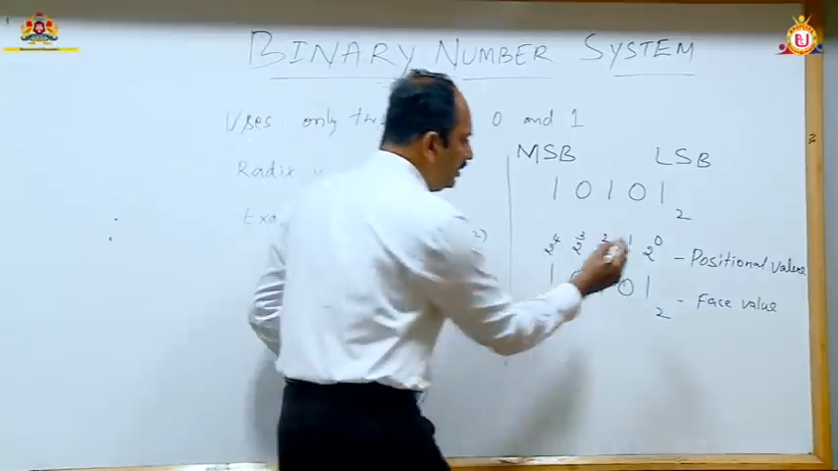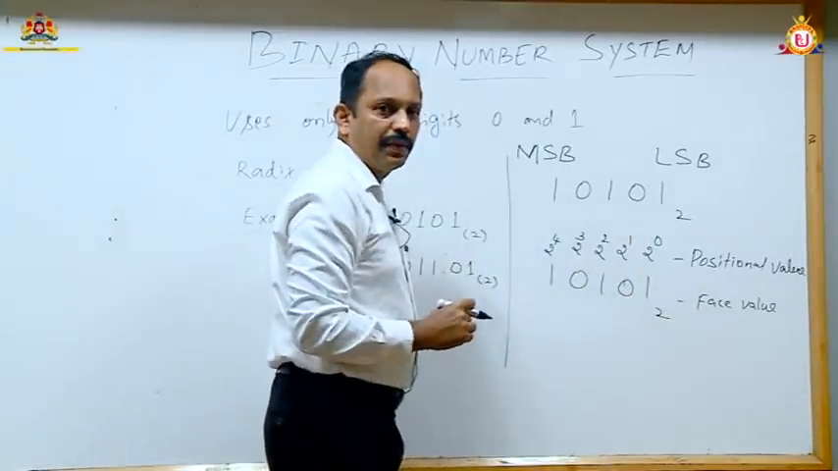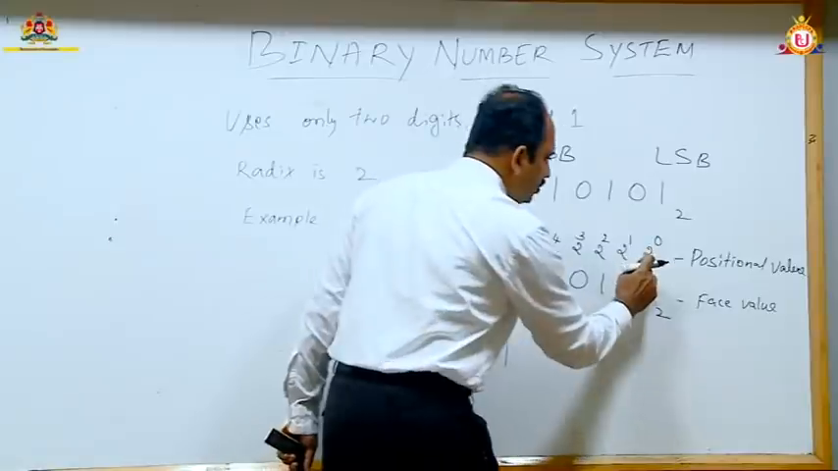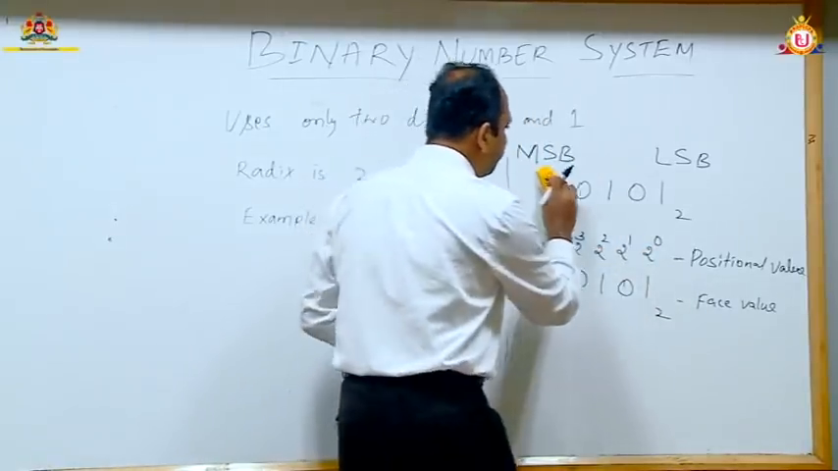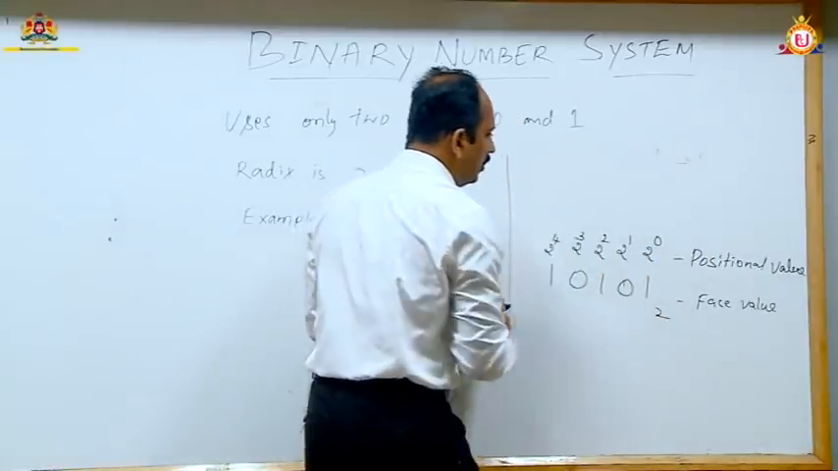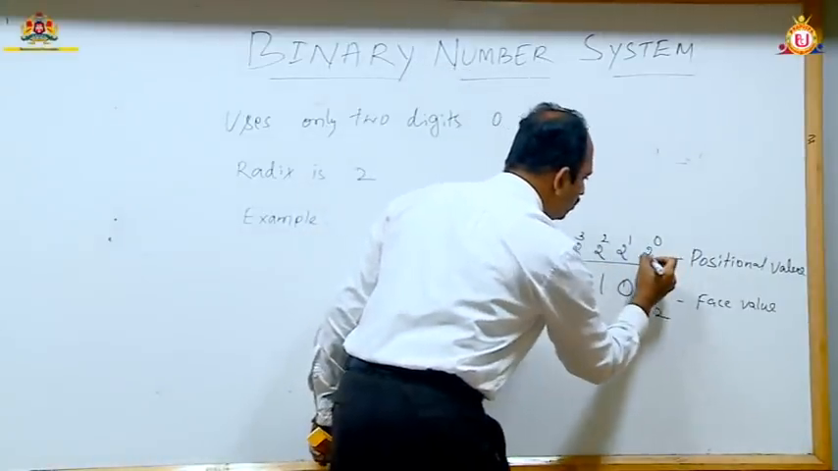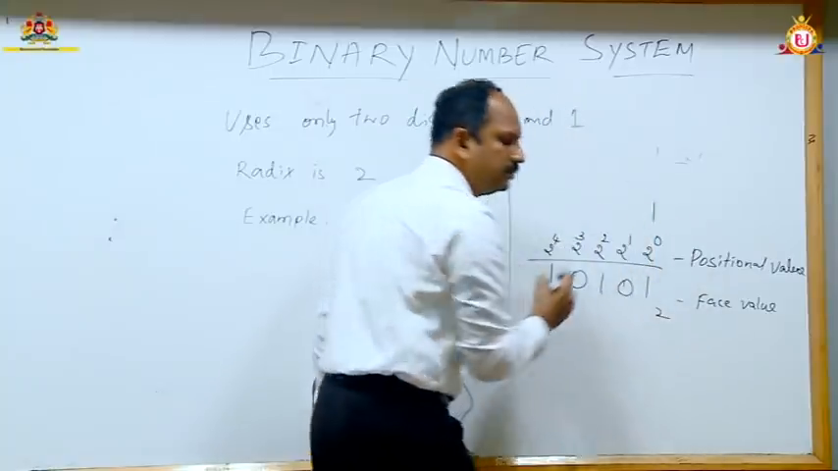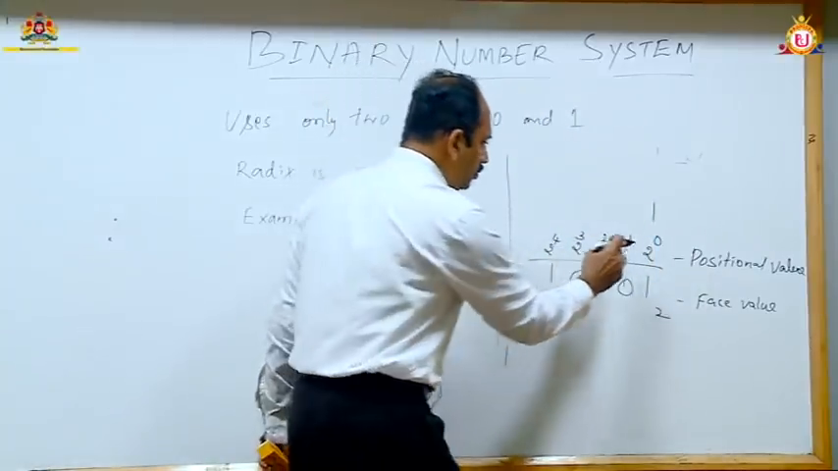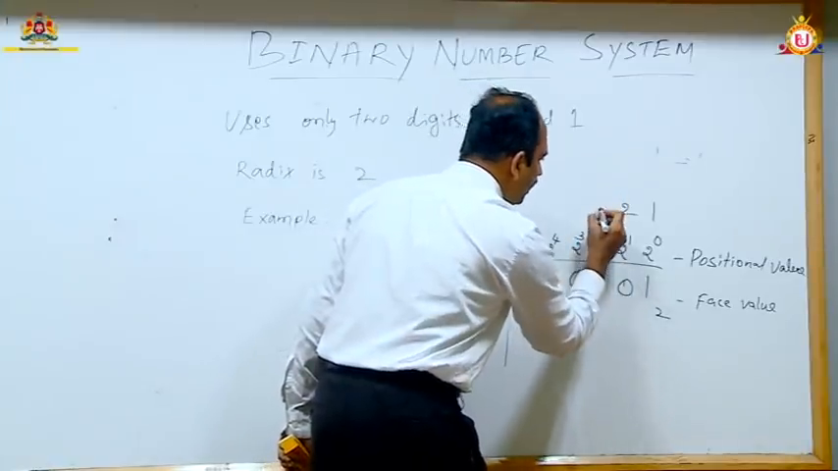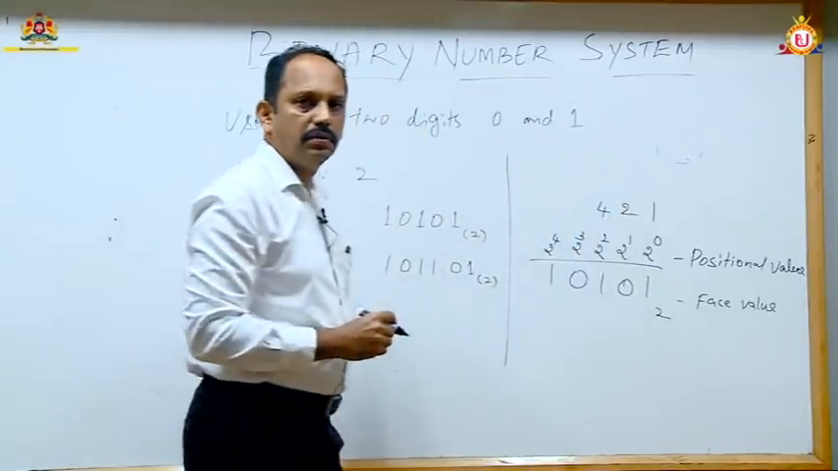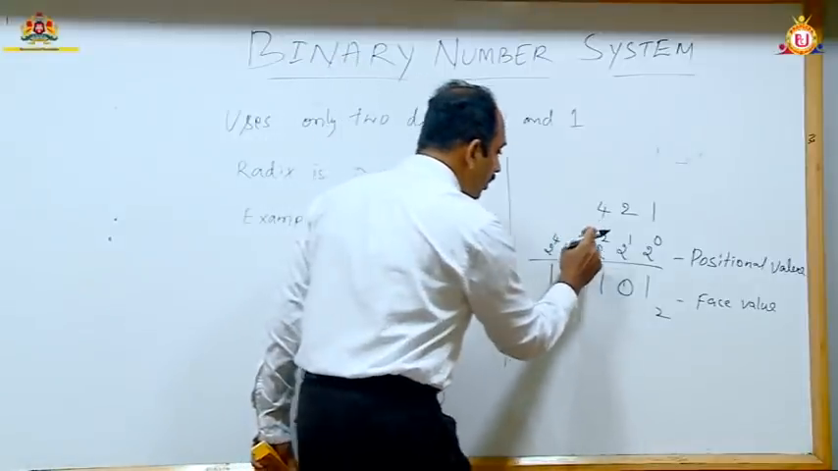Now, what is 2 to the power of 0? 2 to the power of 0 is 1. 2 to the power of 1 is 2. 2 to the power of 2 is 4. 2 to the power of 3,